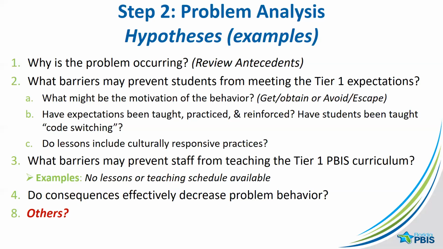So we're going to look for barriers that might be preventing students from meeting those Tier 1 expectations. Certainly we want to know something about their motivation, and in many cases it's an assumption that we have in the referrals that have been documented. But in other cases we could also again go back to our fidelity. Let's take a look at how well we're actually implementing Tier 1, because if we're not implementing those components, just like that medical analogy, then that might be really the first go-to to consider. We can probably improve classroom behaviors if we shore up some of these fidelity components in our BOQ or our Tier 1 for PBIS.